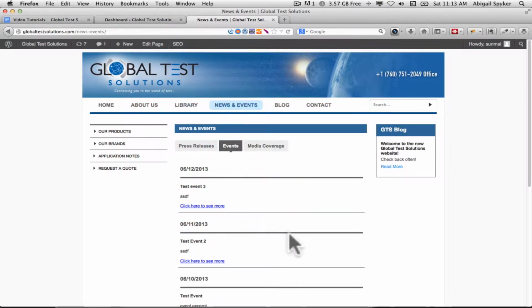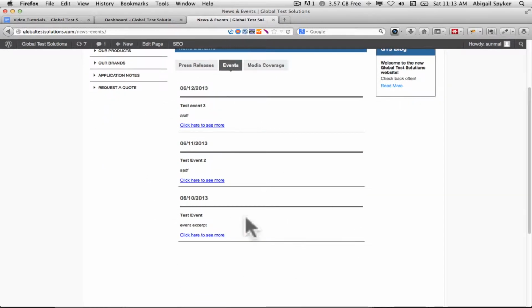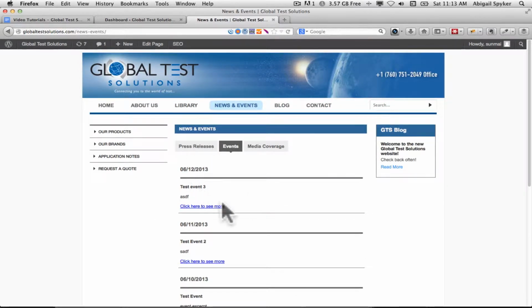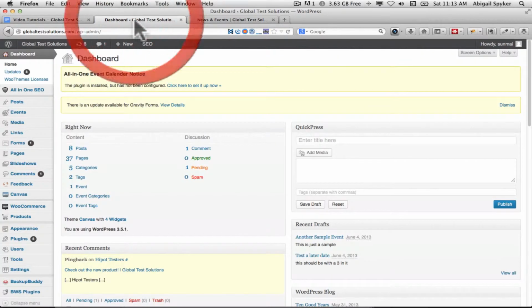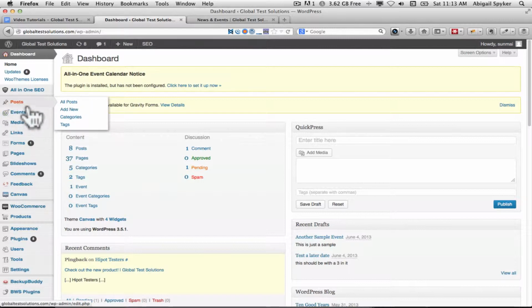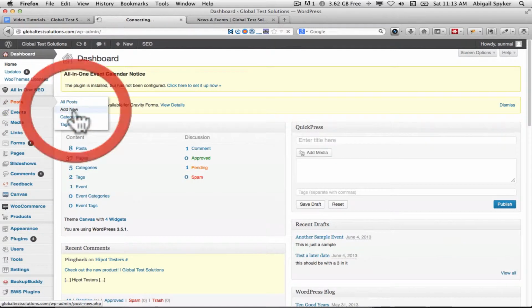So if you wanted to add a new event, these are just filler events as we were getting things tested out and set up here. So let's go ahead and add another event. So you come to your dashboard, the URL /wp-admin, and under posts you would do add new,